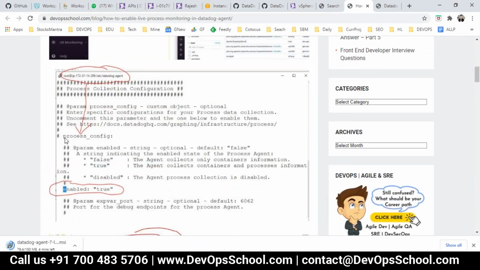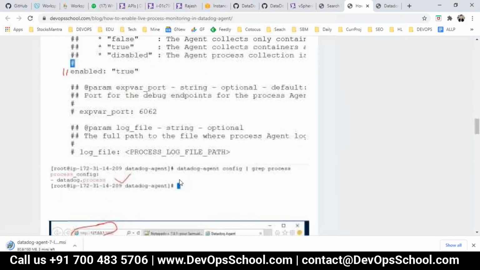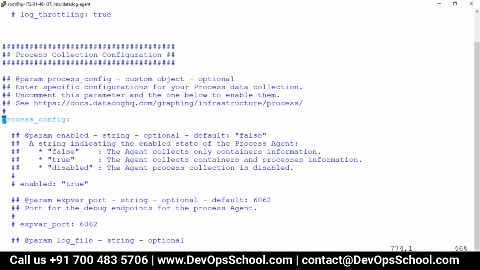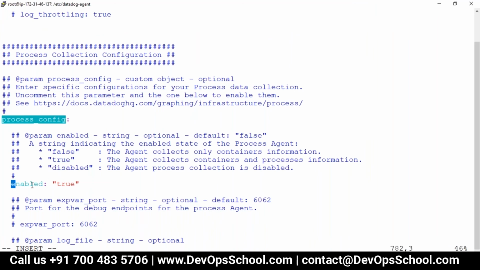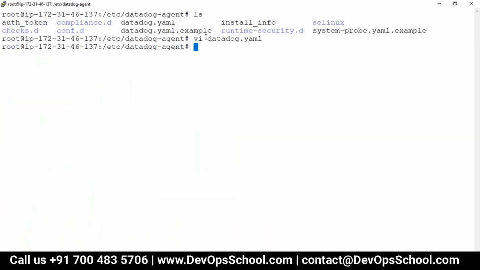I just enable it like this, and here two spaces. Okay, I just did it. So here, process config enabled true. Remember this is a YAML file, so spacing matters a lot. So whichever way they have asked you, you have to do that. So now I have enabled that process monitoring, and after that you have to start the Datadog agent. So